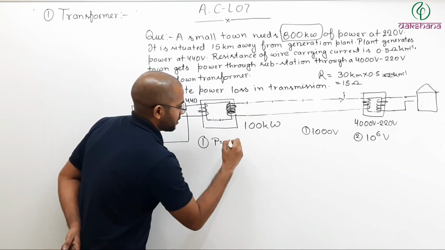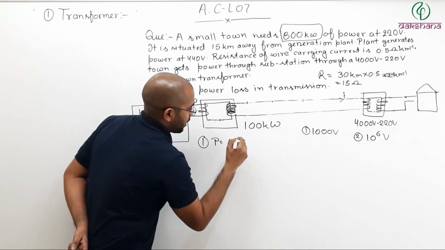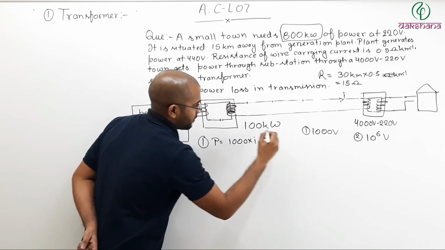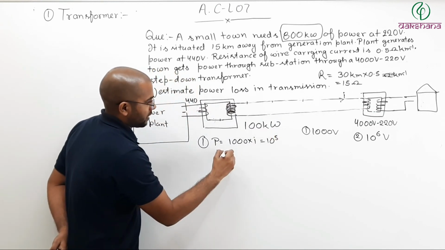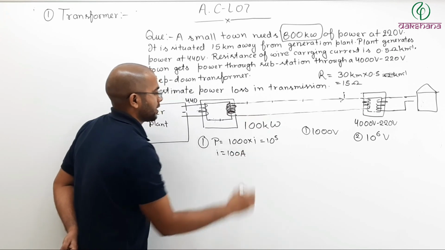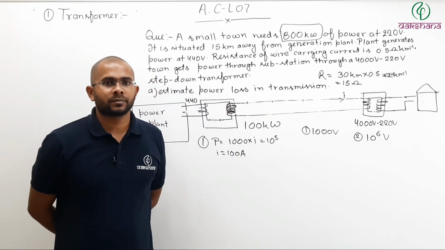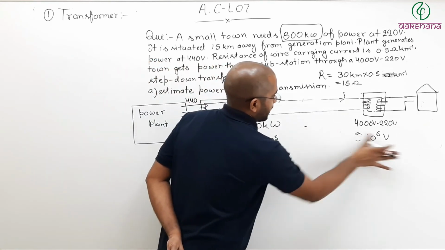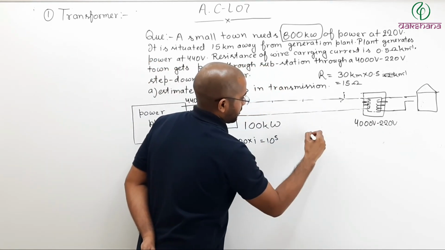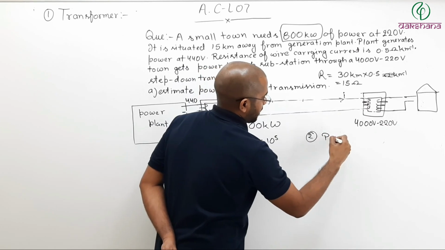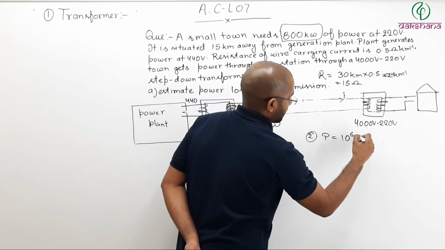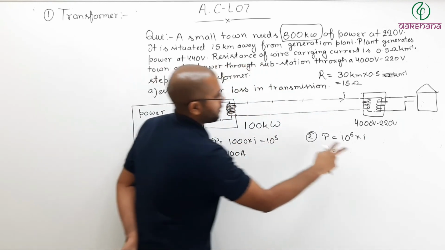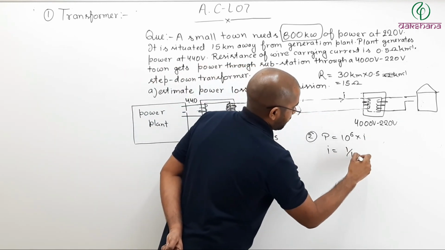Power is nothing but 1000 times I, which is equal to 10 to the power 5, like this. So here current will be 100 ohm. Correct? Now what about in second case? In second case, power is nothing but 10 to the power 6 times I, and I will be nothing but 10 to the power 5 divided by 10 to the power 6, 1 by 10